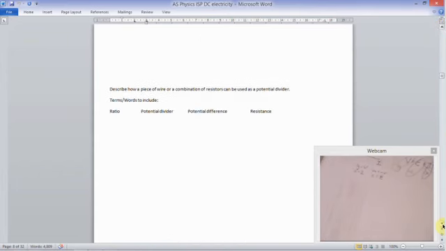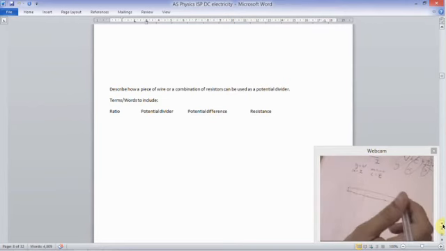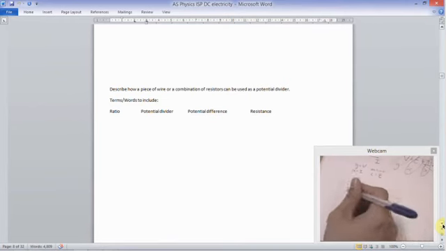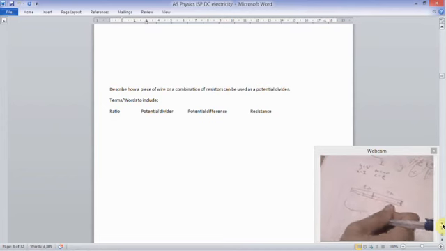So describe how a piece of wire or a combination of resistors can be used as a potential divider. That's pretty straightforward. So it's the idea of the ratio of lengths is equal to the ratio of potential differences. That's because the ratio of length is also equal to the ratio of resistances. So if that's 3 and that's 7, then my voltage is divided in that way. So if that's 3 ohms and that's 7 ohms, and overall I've got 20 volts, then I know that 3 out of my 10 ohms,